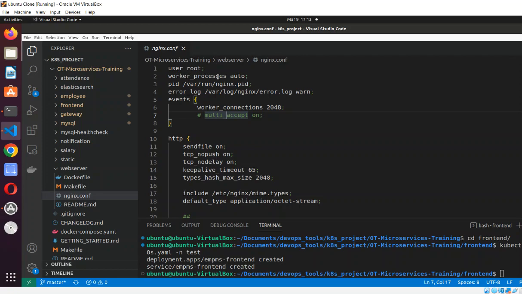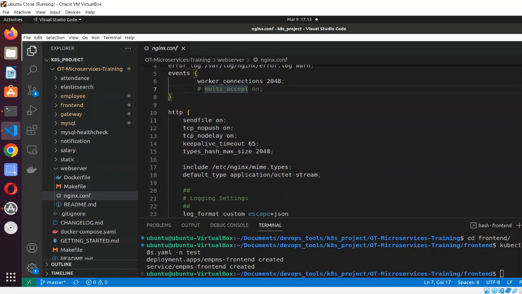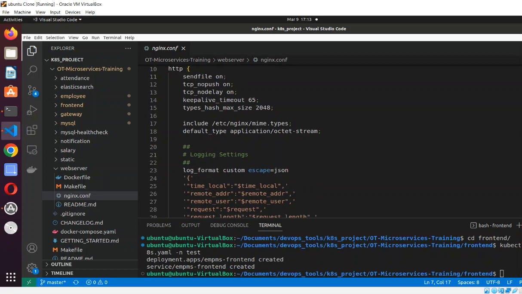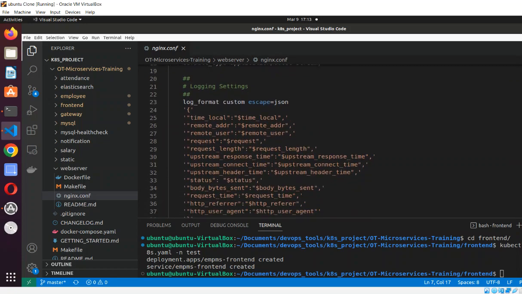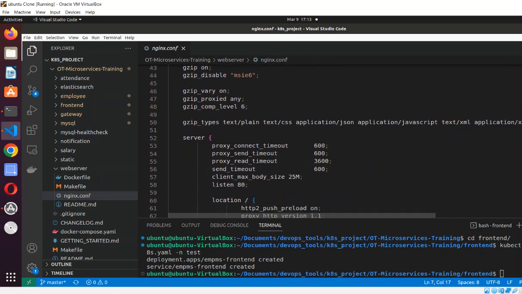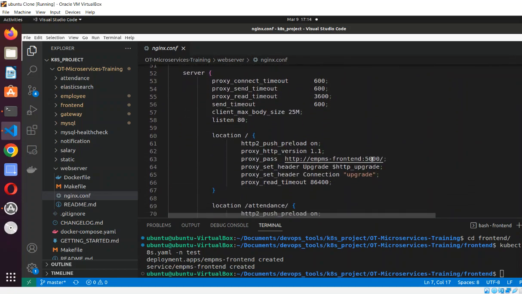So user root, worker processes auto, PID is this, error, okay, 2048, HTTP, send on type, JSON, server, EMPS front end on 5000,